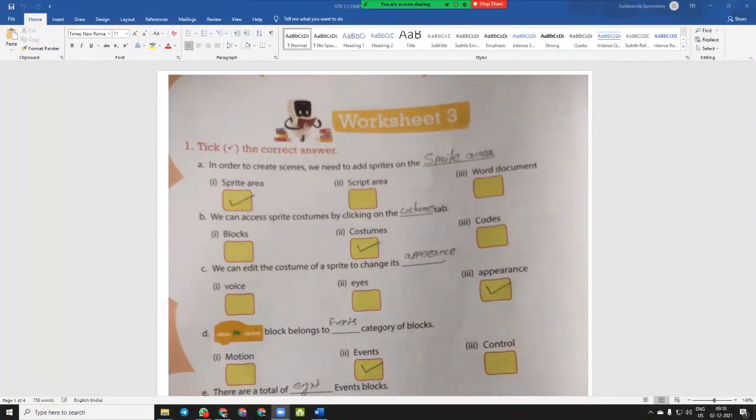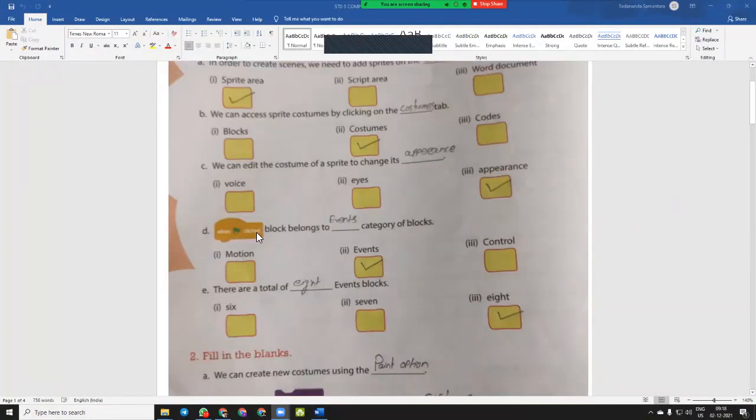In order to create scenes, we need to add sprites on the sprite area. Question number B, we can access sprite costumes by clicking on the costumes tab. We can edit the costumes of a sprite to change its appearance.